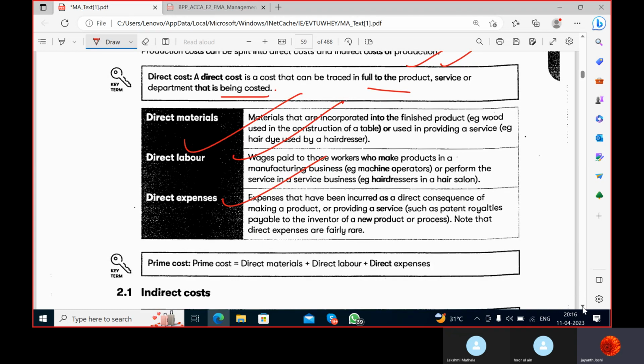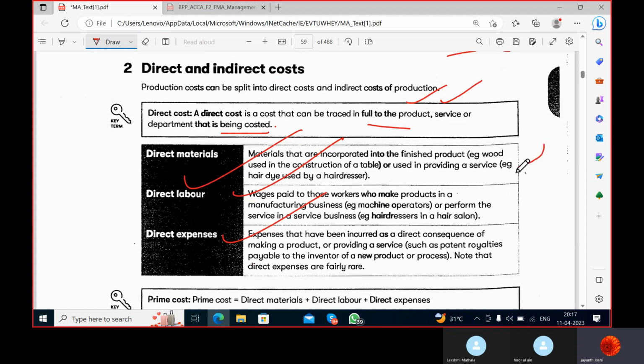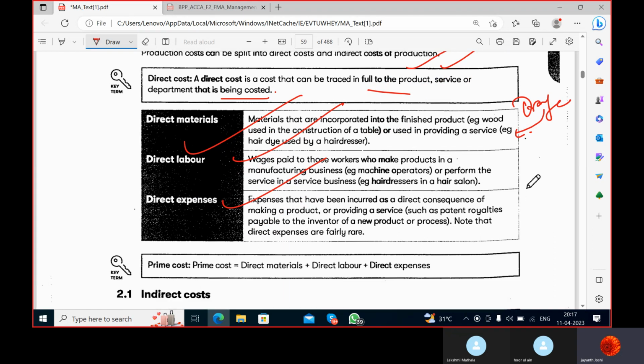So direct material, direct labor, direct expenses. I have already explained this. And one more thing you should understand. Direct material is the material which you are using for the production process directly, like the orange, which I gave as the example. Direct labor, the labor working on the machine. Direct expenses, the expenditure which you are incurring for making that product. What can be the expenses which you are making for that product? I can say electricity. Can I say electricity?